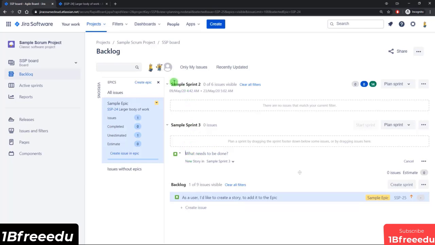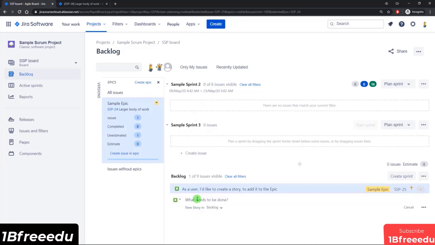You don't see that option under the sample sprint 2 because this is an active sprint. And Jira doesn't let you easily add issues to active sprints. There are ways that you can move issues into them, and that's something we'll look at in the next section of the course. But for now, let me just come down here, and the benefit of having this ability is